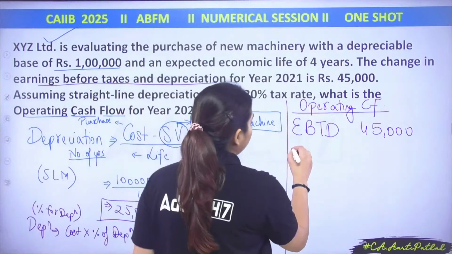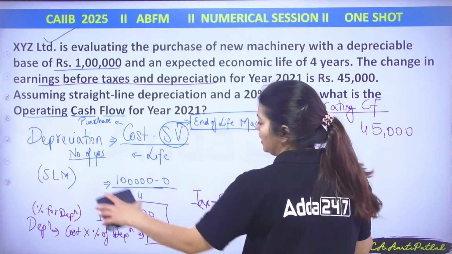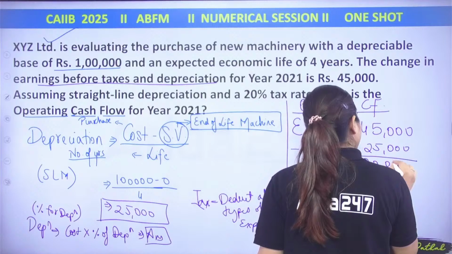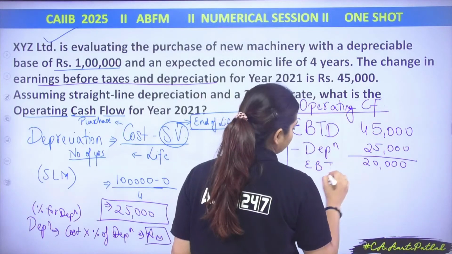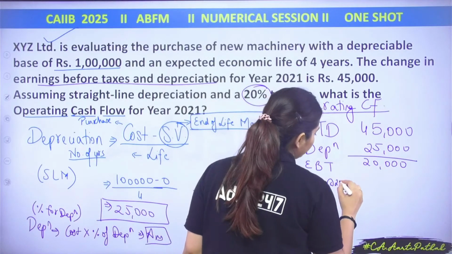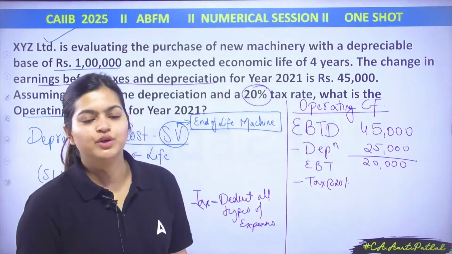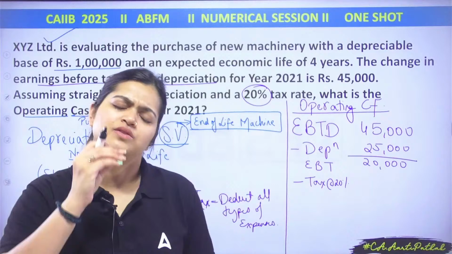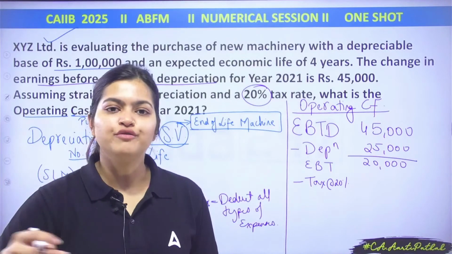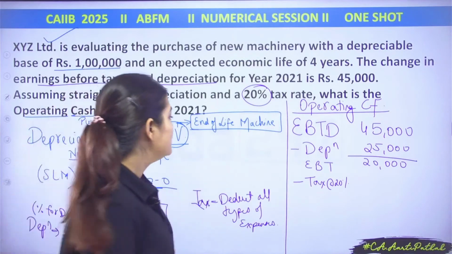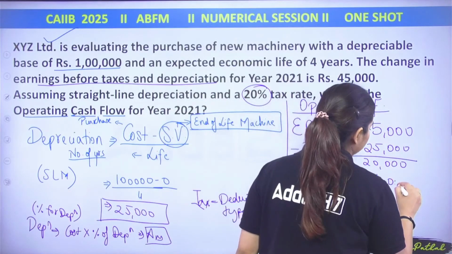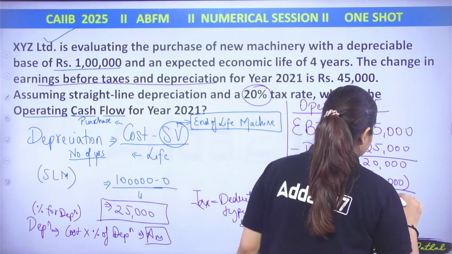Chaliye. So tell me, here you need to deduct the depreciation. Correct? So what is your depreciation here? 25,000. So this is your earning before tax. See, government will always take the tax amount if you are earning, but they will give you the relaxation to deduct all types of expenses, whether the actual cash expenses or non-cash expenses also. Now, tax is 20%. 20,000 into 20%, this is your 4,000. So, tell me, this is your